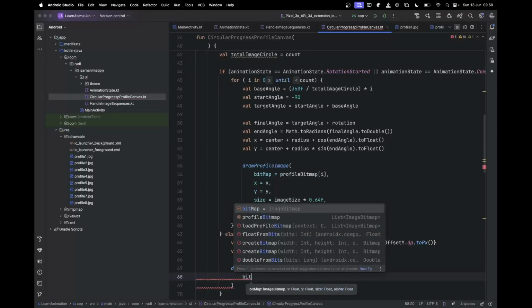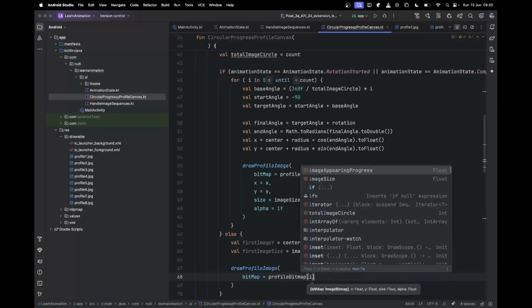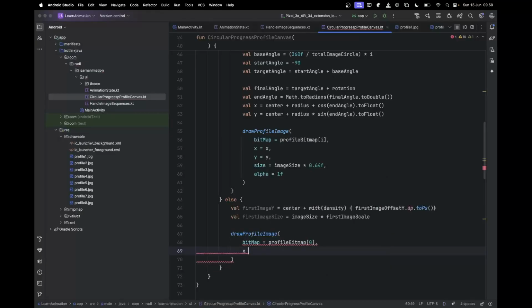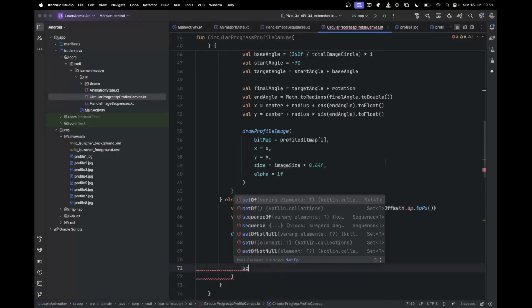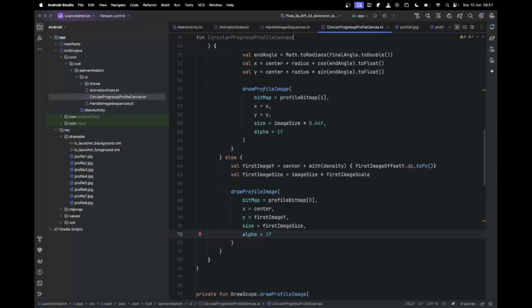Inside this bitmap is equal profile bitmaps index e take a 0, sorry, this x value is equal center, and for the y value is first image y, and then give for the size value first image size, and the last one is alpha using one float like this,